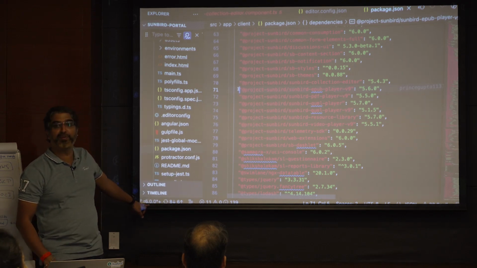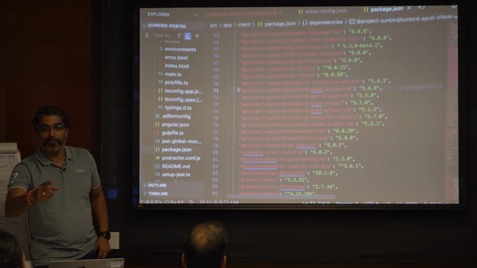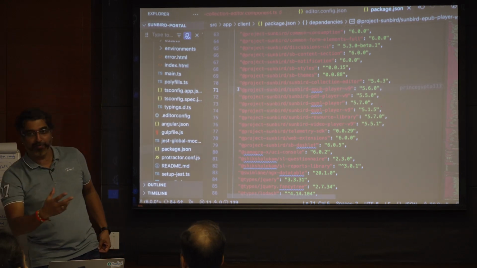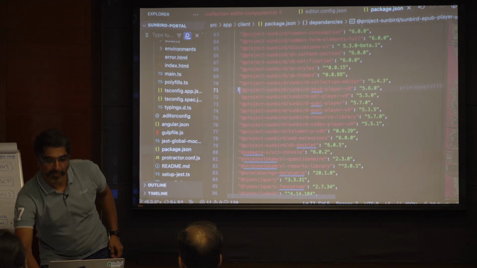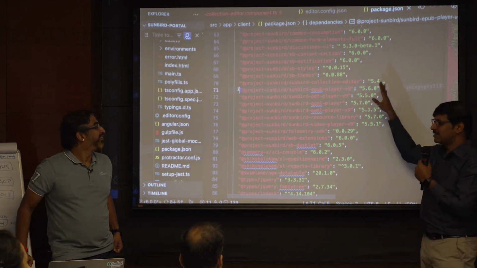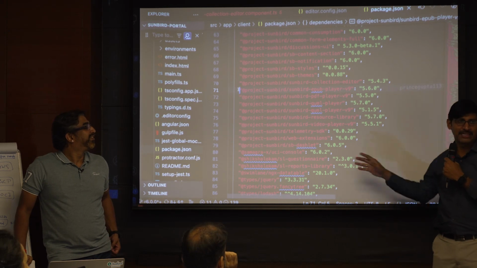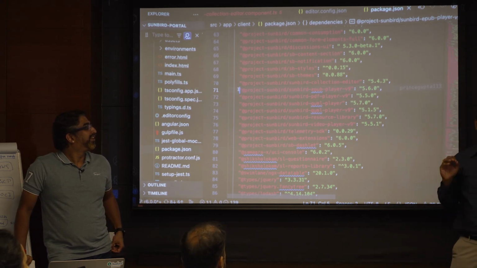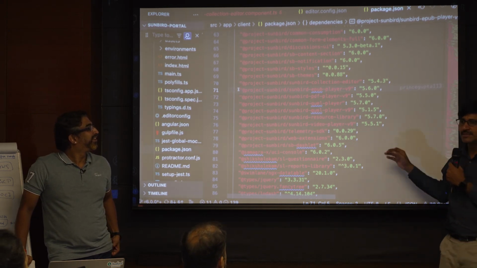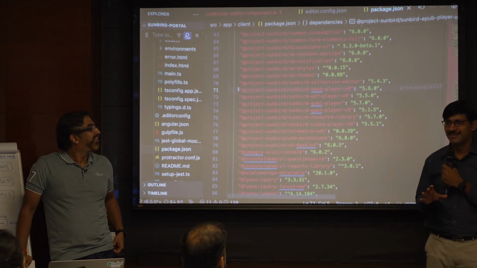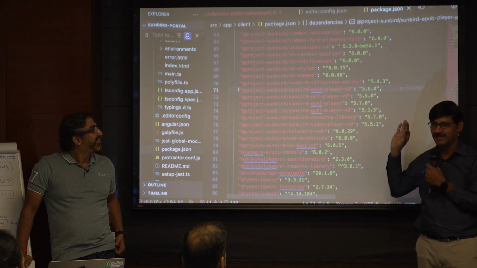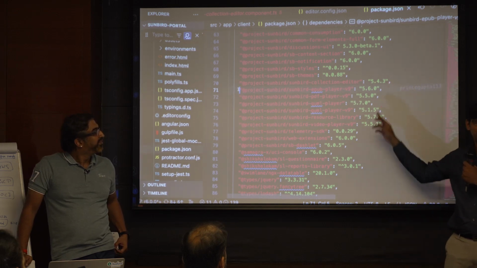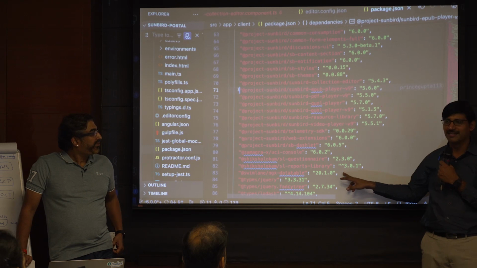I'm using 6.0 because this is my local. I'm not pointing to Git. I can point from Git. It will be identical to yours in 5.1.0. Again, I am repeatedly telling you guys should not touch the versions at all. Diksha guys have adopted it. You guys will be using the same versions as is. I don't know why you guys are trying to make a change in the versions. There is no use case to change the version of these packages at all.